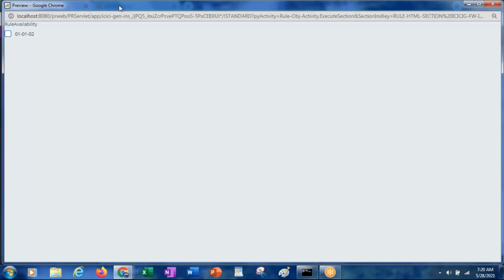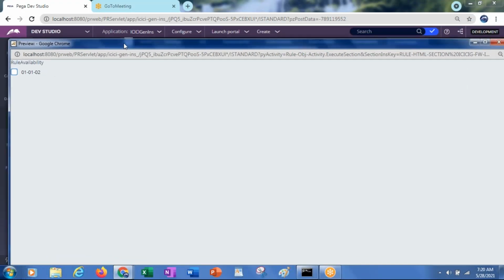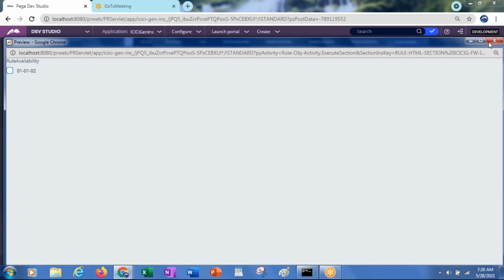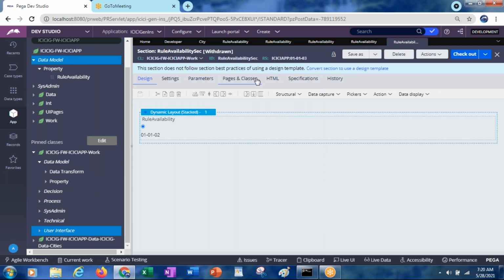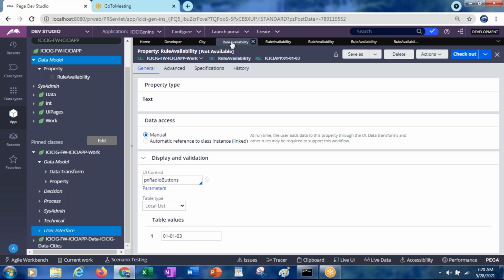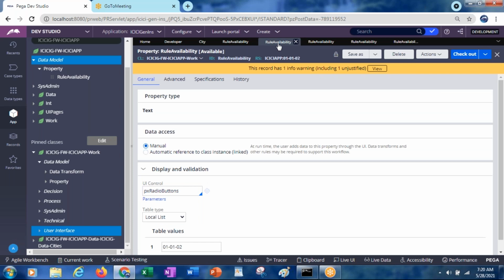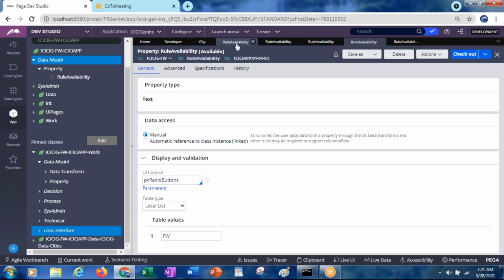Still 010102. Rule availability, I checked it, right? Still not available. I kept it to withdrawn, right? I mean, I didn't change it to withdrawn.